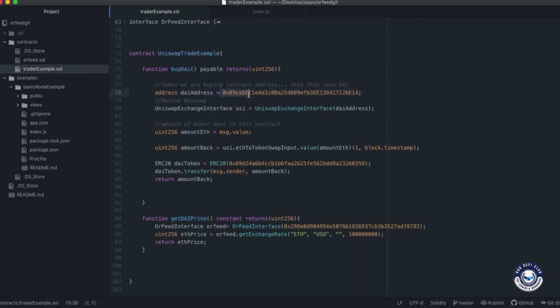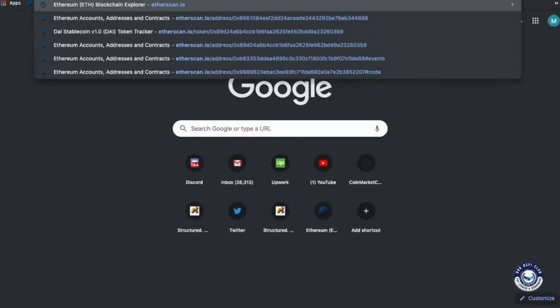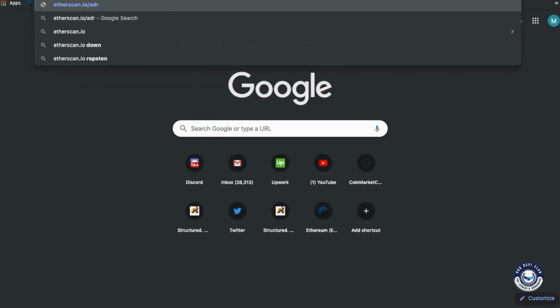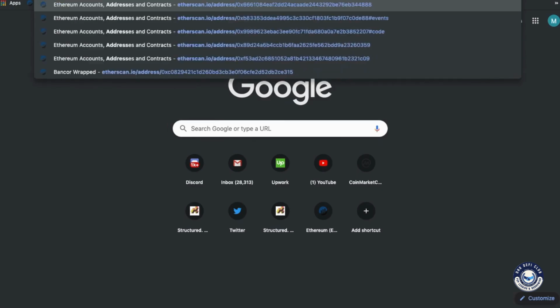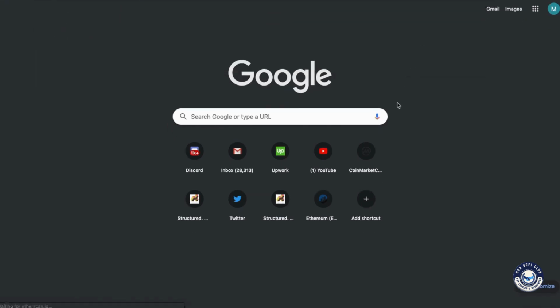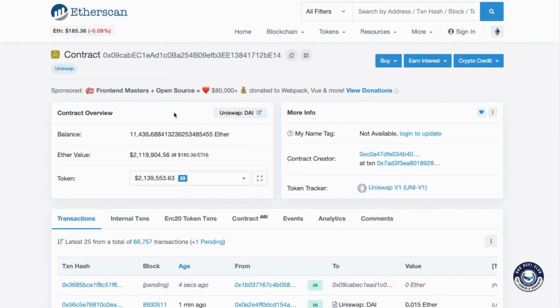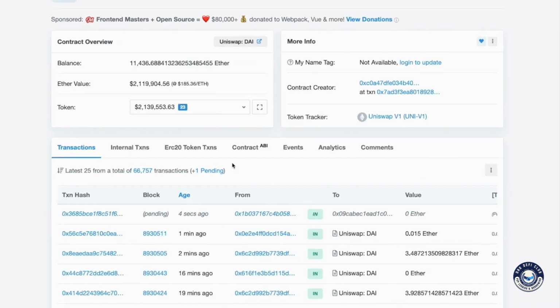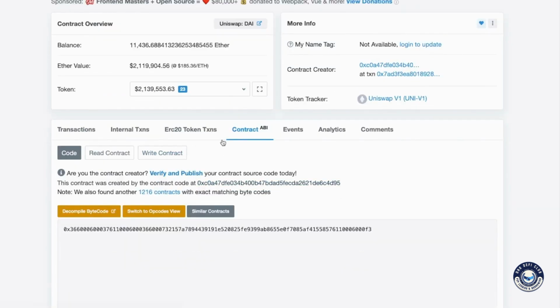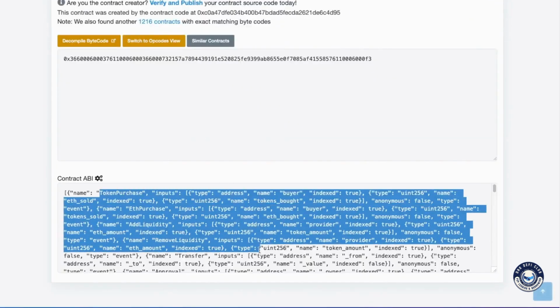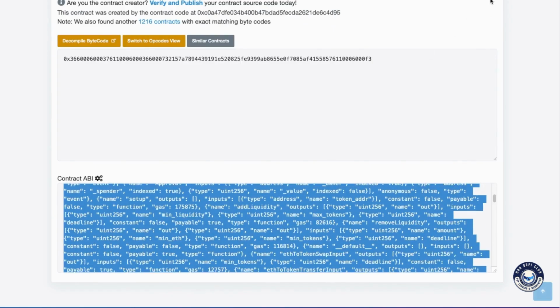So this is the address. If I copy this and I go to etherscan.io/address, and I paste in that address, I'll see that this is not the DAI stablecoin address. This is the DAI Uniswap market address. So if you look at this smart contract, this smart contract actually allows people to do token purchases, add liquidity. It's for this website,